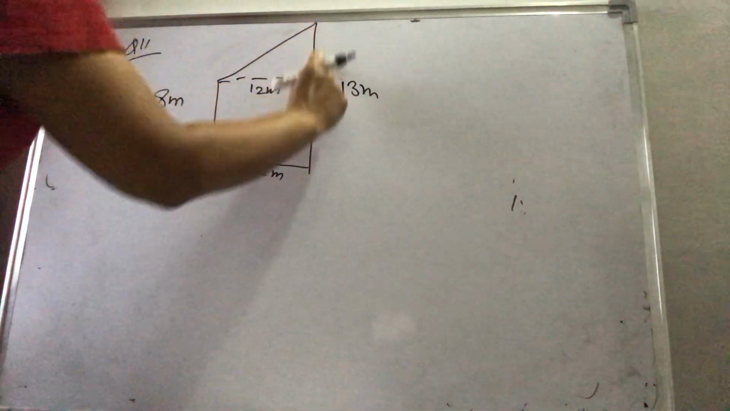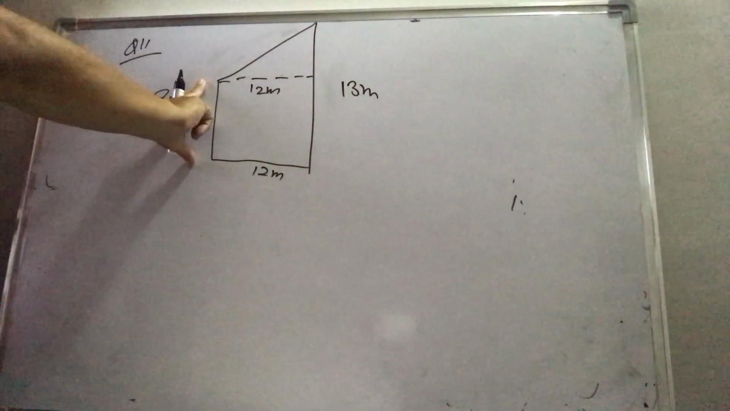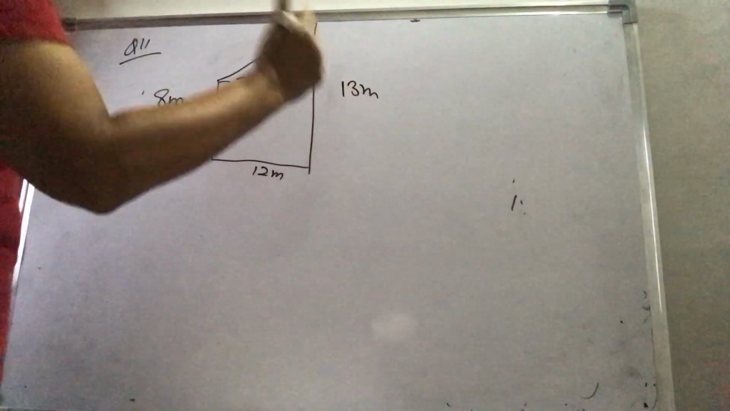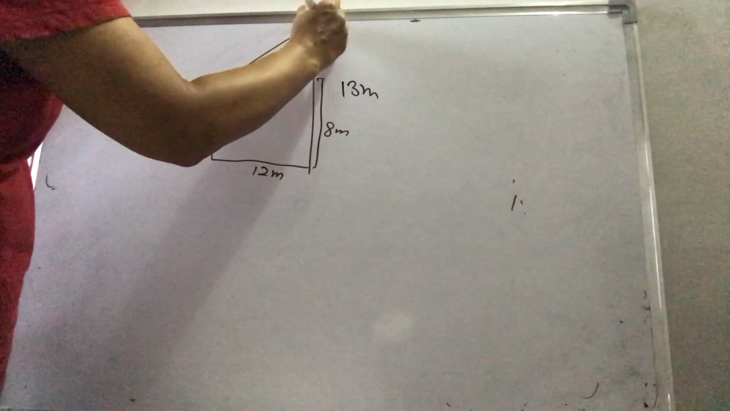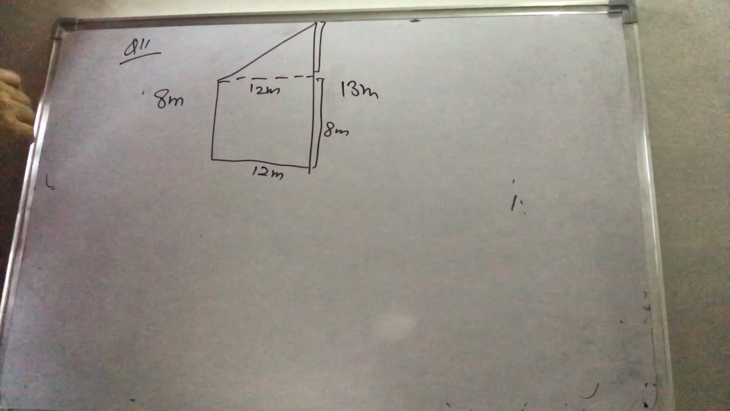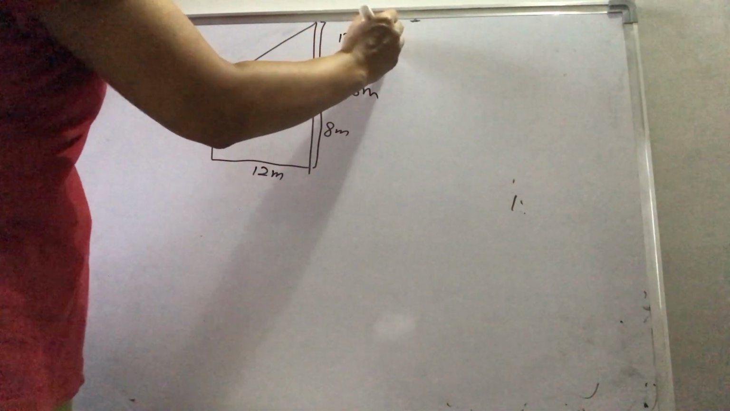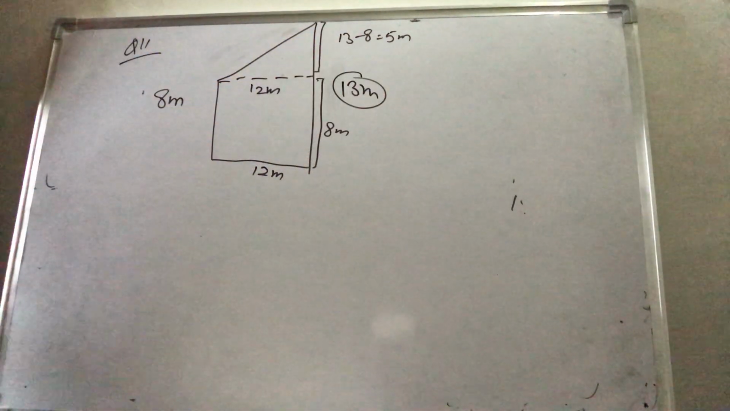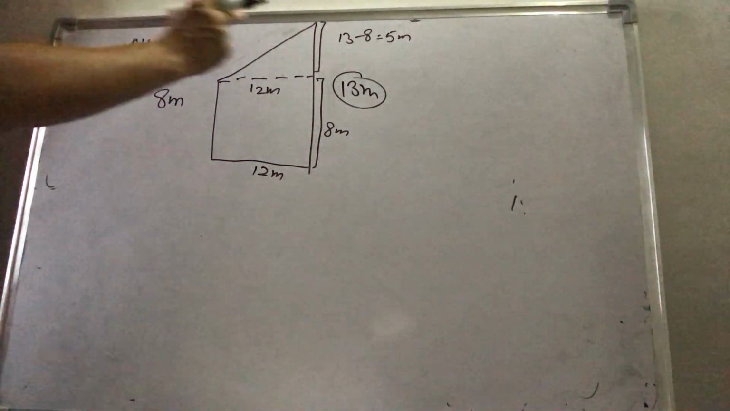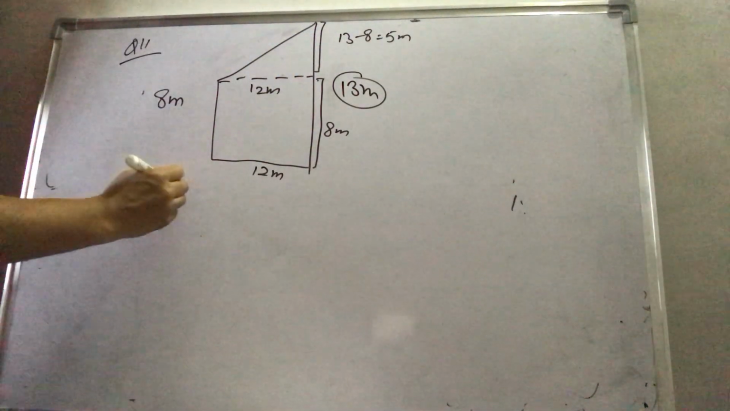Now this complete height was 13 meter. That height of the pole is 8. So till here it is 8 meter. So this we can find by subtracting 8 from 13. 13 minus 8, that will be 5 meter. That 13 meter is the total length of the pole. Now this is a right angle triangle. Using Pythagoras theorem,